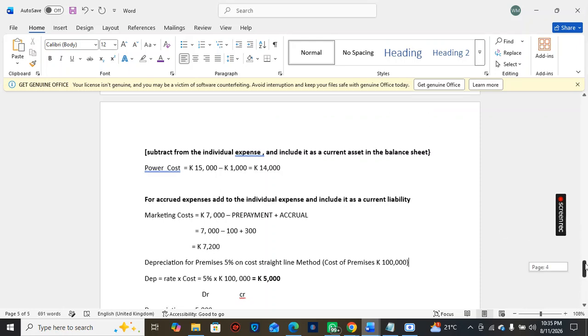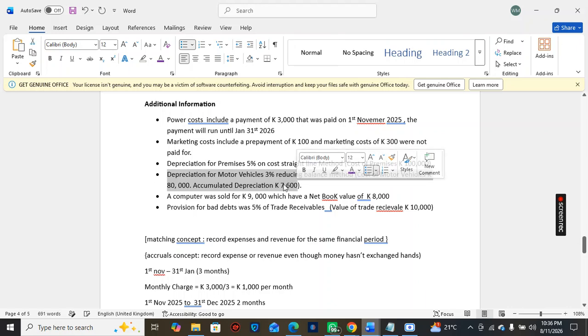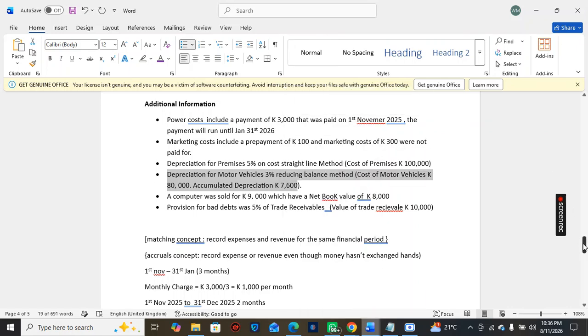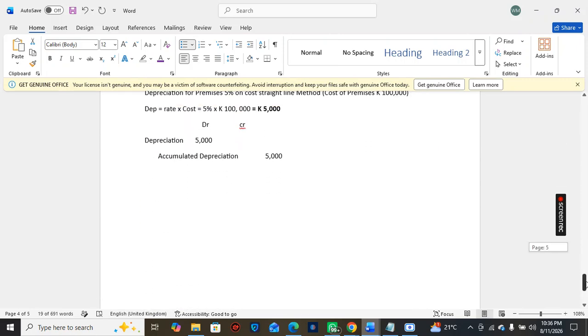Okay, so using the reducing balance method, the depreciation charge drops as the years pass. With the straight line method, the depreciation is the same every year. With reducing balance, the depreciation charge drops. All right, so